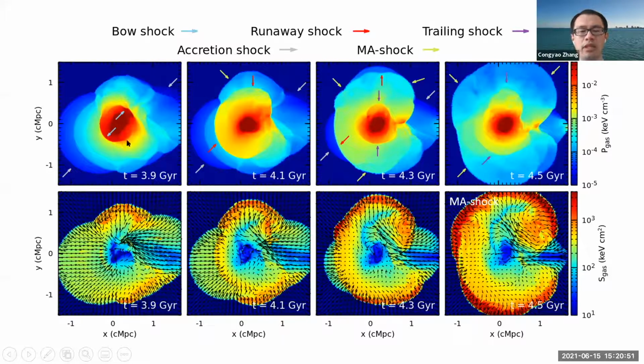And as I discussed above, these bow shocks will gradually detach from the merging clusters and turn into the runaway merger shock. And eventually this runaway merger shock will overtake the accretion shock at the boundary of the intercluster medium and form the MA-shock. In this figure, it's marked by the yellow arrows. So you can see once MA-shock is formed, the gas atmosphere of the merging system is significantly expanded. And I would say in cosmological simulations, most of the strong external shocks are actually the MA shocks, but not the ordinary accretion shock.